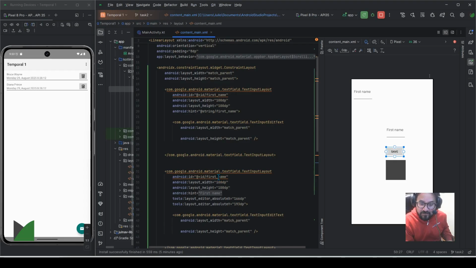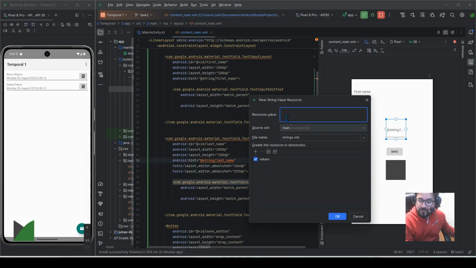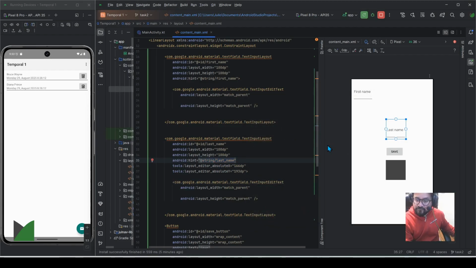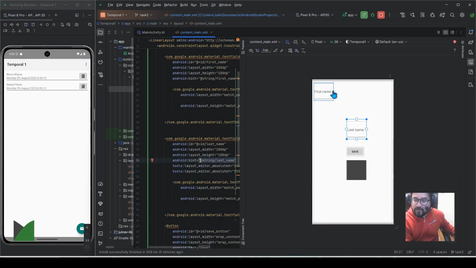This is last name. So now I can set it, last name, and the string is last name. Now I can create this resource, last name,